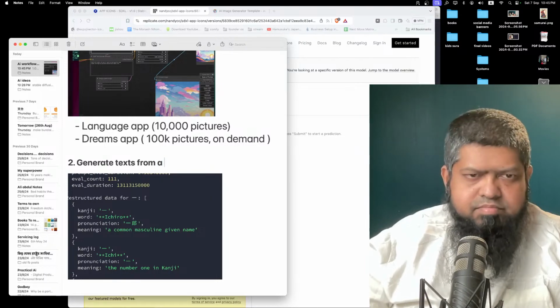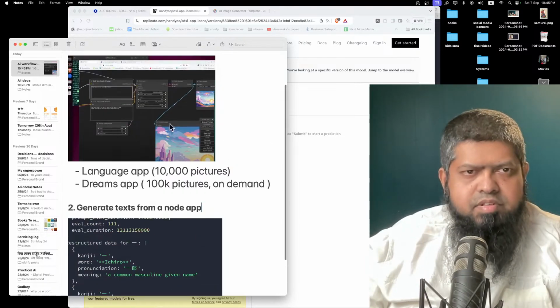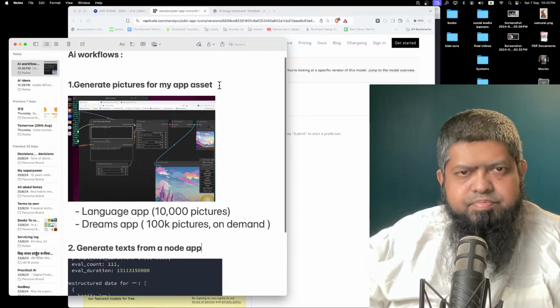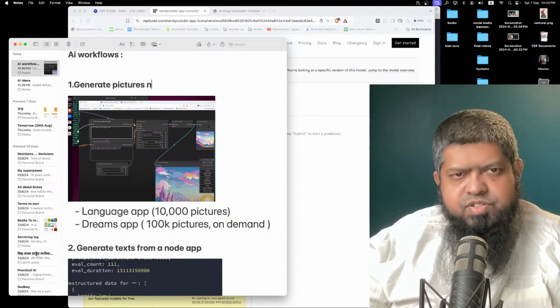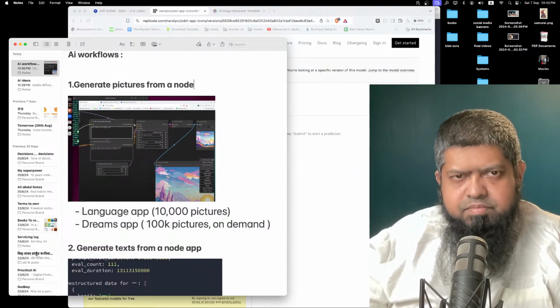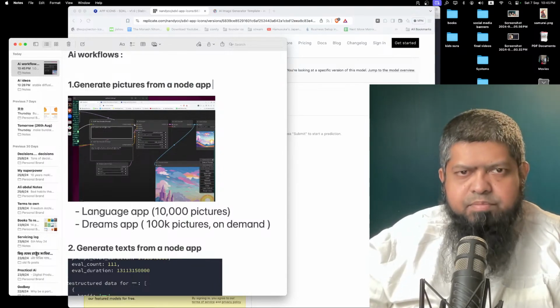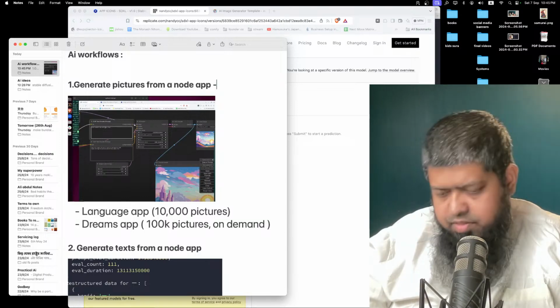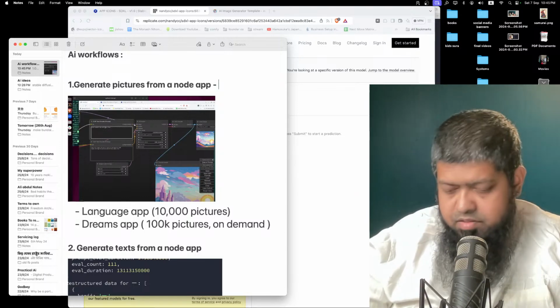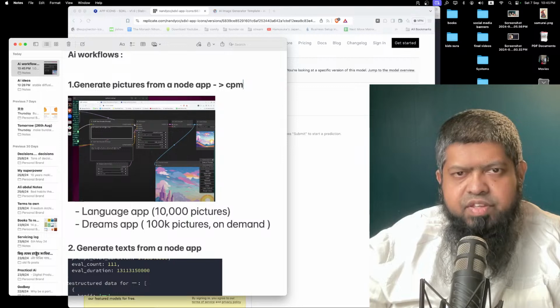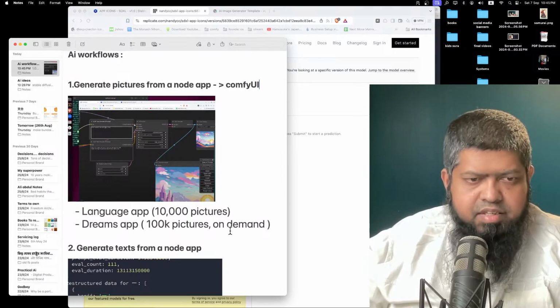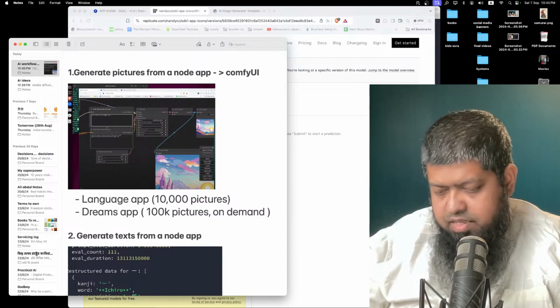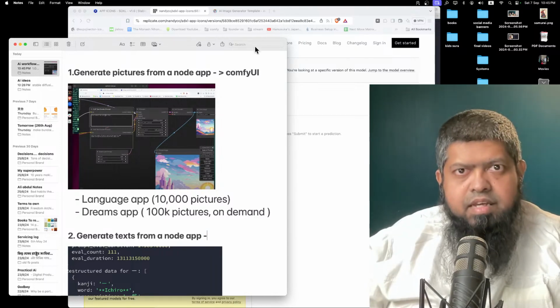Generate text from a Node app. So generate pictures from a Node app. So it's a Node app to Comfy UI. So Node app to Comfy UI, and then